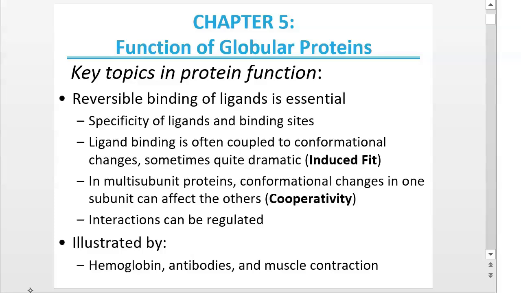Welcome to the screencast video or online lecture for biochemistry. This is the beginning of the unit on protein function. We're going to look in this unit at hemoglobin and myoglobin because those are the proteins that are the most well studied and therefore the best suited for examining as a case study for protein function.